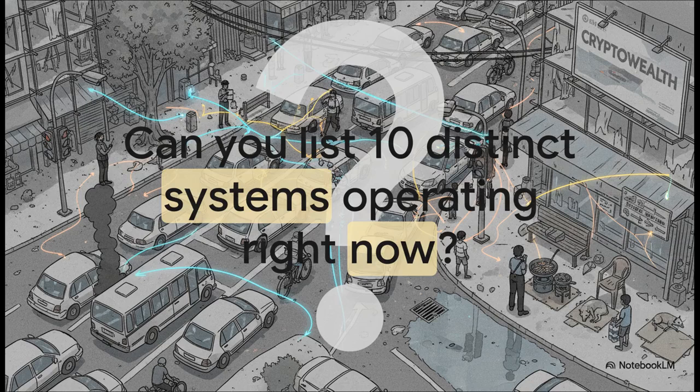Try to identify these systems using those ARTS pillars. Where do you see symbiotic creativity, or maybe a lack of regenerative practice? Consider how technology and ecological consciousness are shaping the interactions you're observing. And finally, identify the feedback loops and balancing mechanisms that are driving the gridlock you see. I strongly urge you to look past the objects and find those invisible webs of purpose functioning right now, because I just have to ask, once you start seeing the world in systems, will you ever be able to look at a simple street corner the exact same way again?